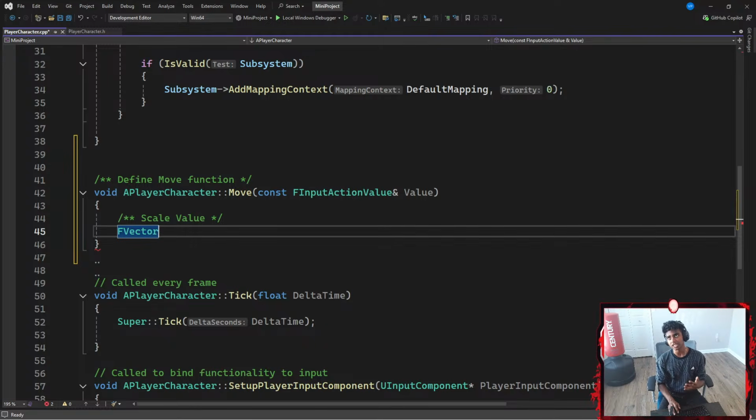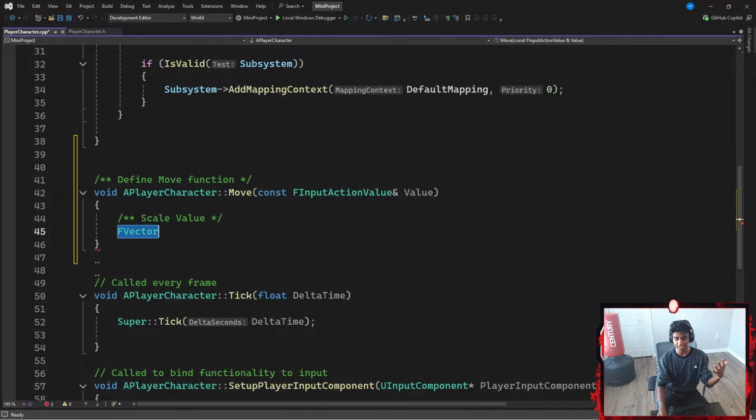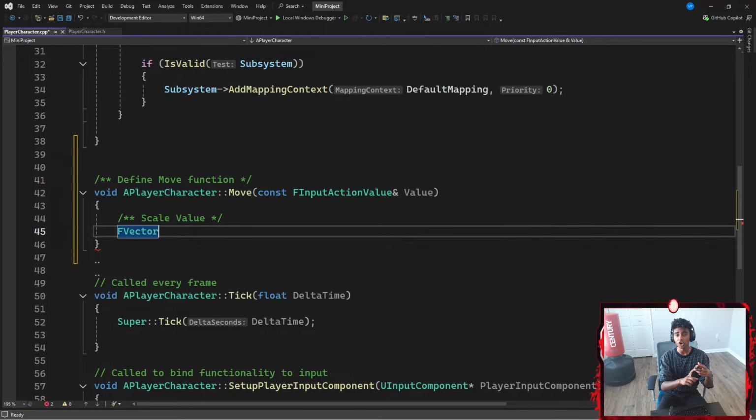An FVector is basically in charge of storing, let's say, rotations. F stands for structure, so this is a structure in charge of storing either my yaw, pitch, or roll position. Okay, if that made any sense. I'm going to have an FVector represented by a pointer called something like movement vector. The reason I called this movement vector is that I'm going to be moving depending on what value I get, positive one or negative one, which is going to be equal to